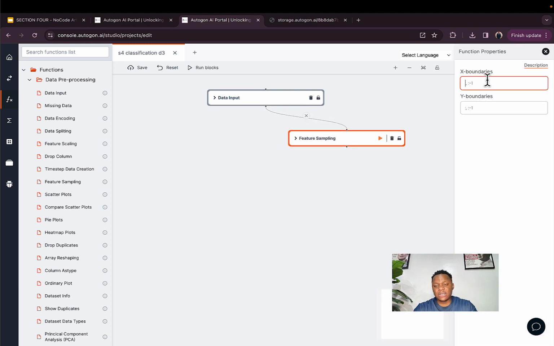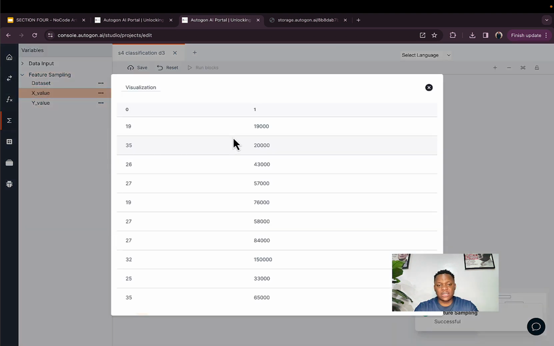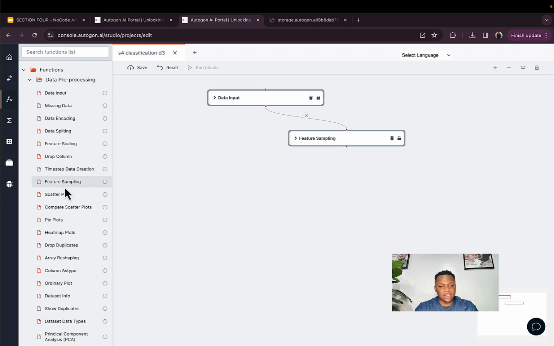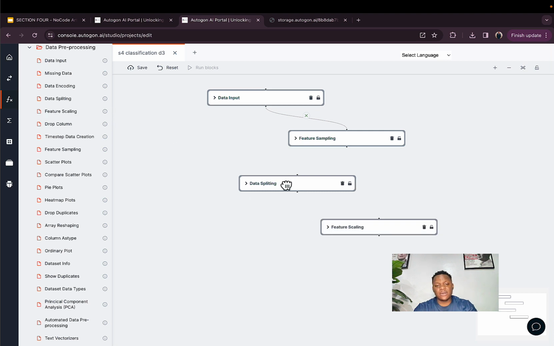then we'll map it to this, and what it is going to be: colon, comma, colon, -1. Beautiful. Colon, comma, -1. Much more beautiful. So now we have these values. So good. So what we're going to do, we're going to call the train test split, and we're going to call the feature scaling. So yes, that's the next thing we're going to call. So let's drag in the data splitting, and we're going to drag in the feature scaling. Okay, so we connect data splitting to feature sampling, and we'll connect data splitting to feature